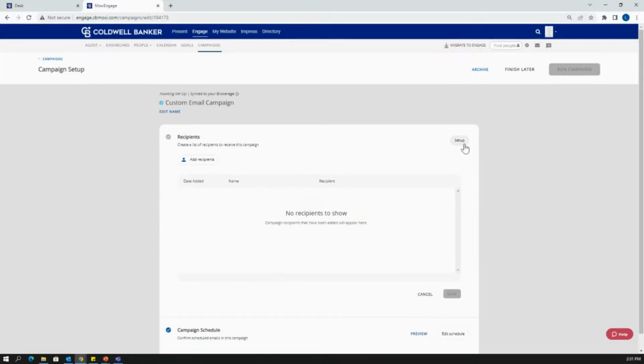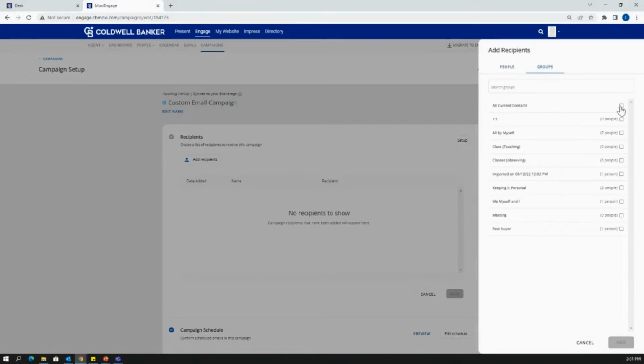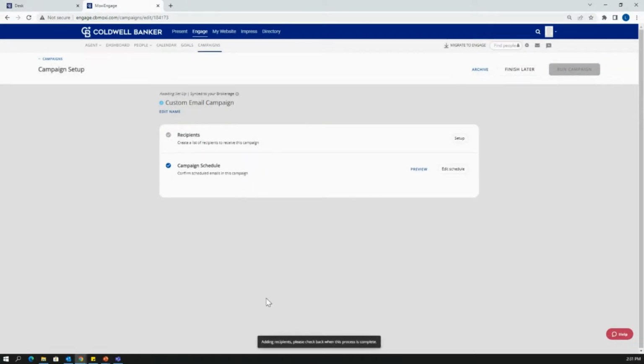For recipients, you'll click Setup, Add Recipients. From here, you can either add people individually, or you can go by groups. You can add all current contacts or specific groups. For this one, I'm going to select all current contacts and hit Add. I'm going to hit Save, and then it's going to add recipients to my list. My next step is going to be to edit the schedule,